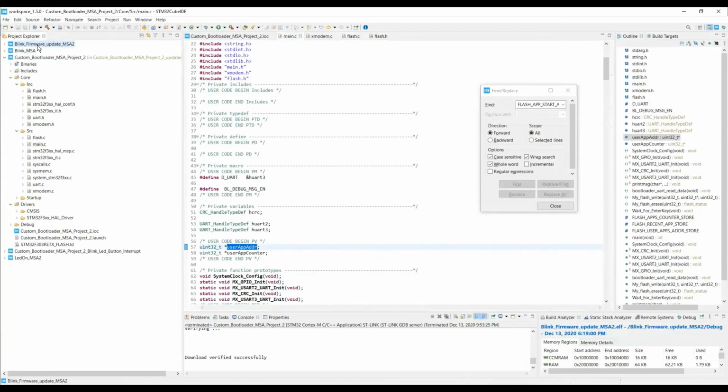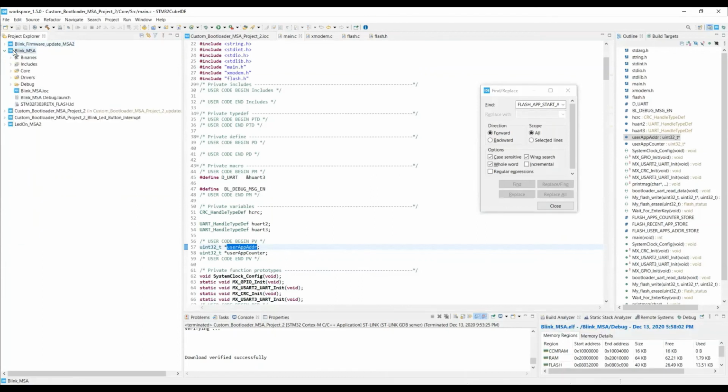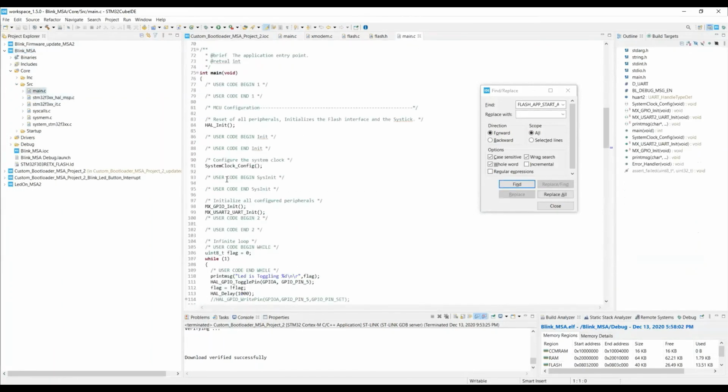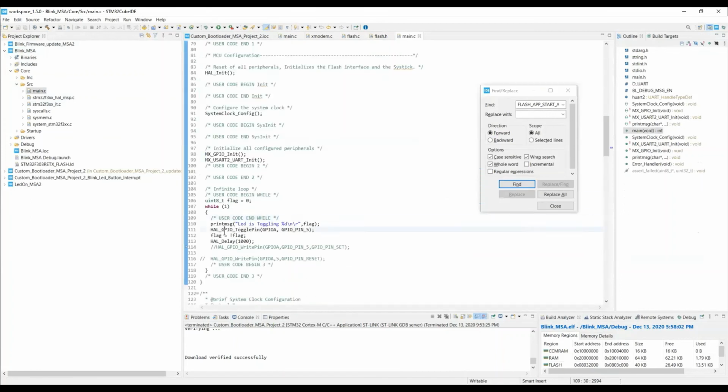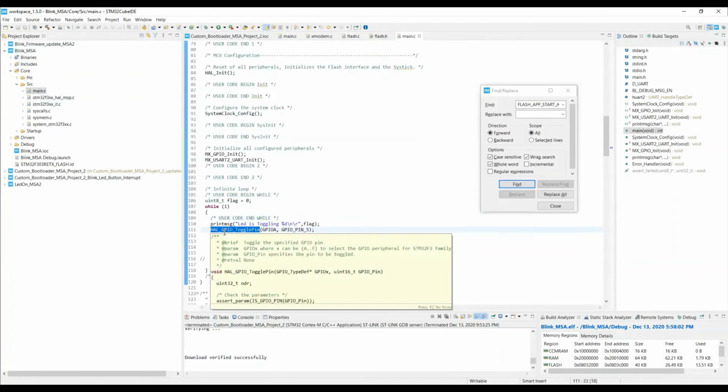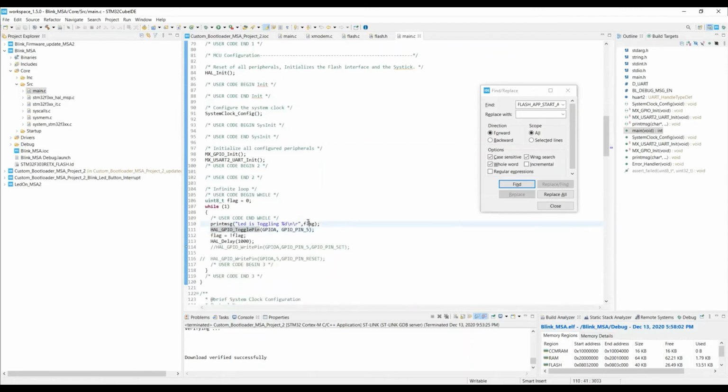Let's go with the applications. So this is our first application, Blinky MSA. It blinks the LED every 1 second. All these APIs and this structure are similar, but if you go into the main API, it does the peripheral initialization, and later it calls this GPIO toggle API given by ST, where we will be toggling our LED.